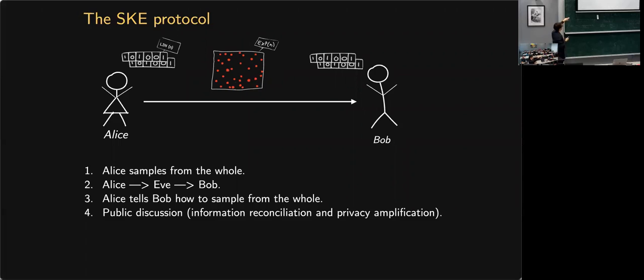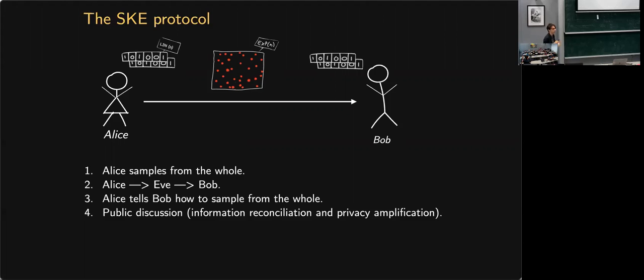One thing that's kind of funny here is that between step 3 and 4, there's no need for Bob to tell Alice and Bob to check whether they actually share the same key. So the thing will be secure even if they have not. Well, no, because the eavesdropper could just be malicious and randomize everything. Yeah, then it will be secret, but it will not be sound. I mean, they will not share the same key. What I mean is that you need to check that the string is the same, so that you know. Yeah, at the end of information reconciliation.